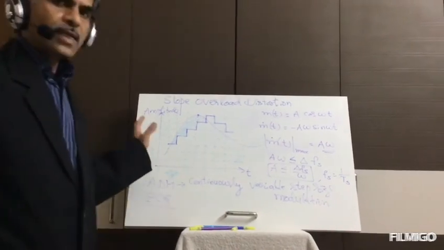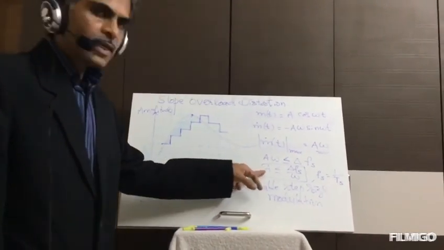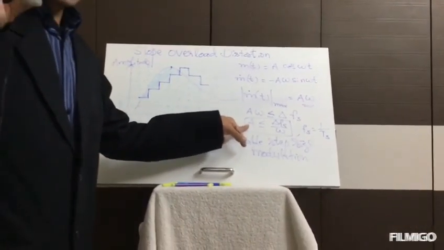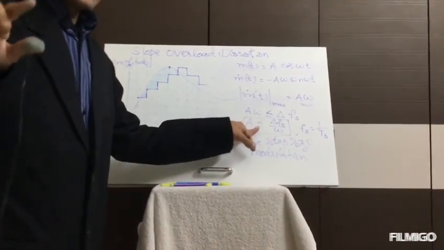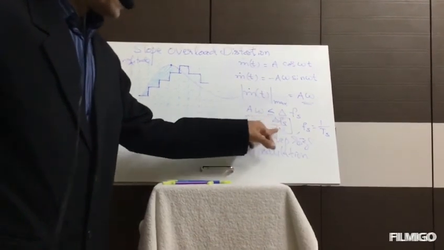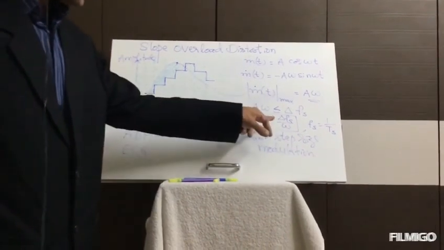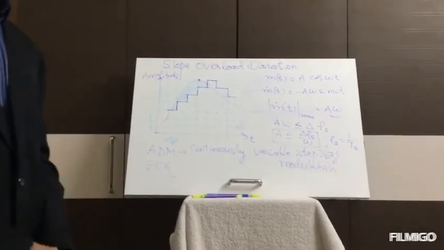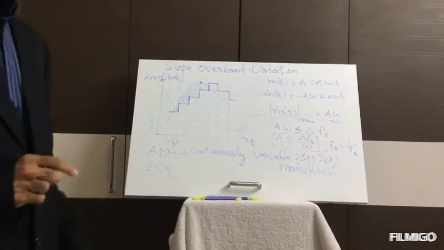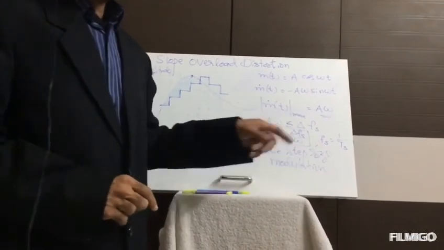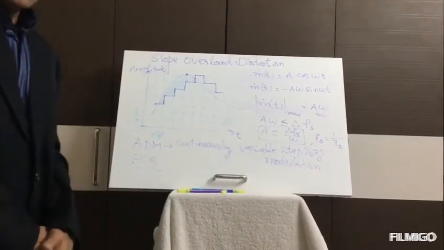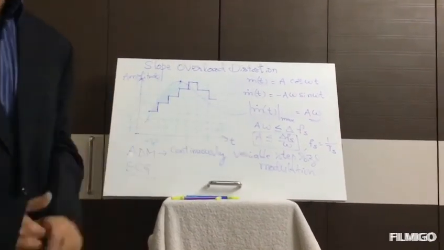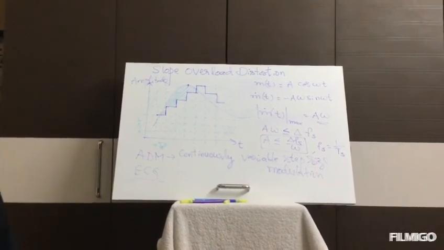How can you overcome that? Once you satisfy this condition, that is, maximum amplitude of the input signal is less than or equal to delta fs by omega, where delta is the step size employed, fs is the sampling frequency and is the reciprocal of the sampling interval, and omega is called the angular frequency of the input signal. As long as this condition gets satisfied, you can overcome the slope overload distortion.